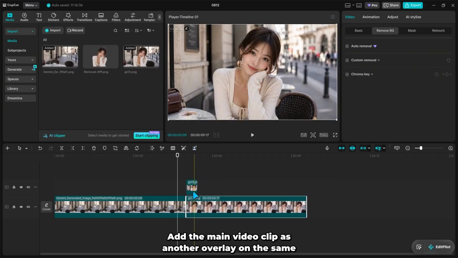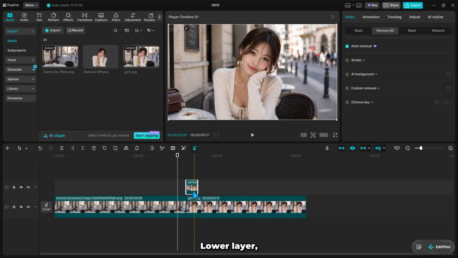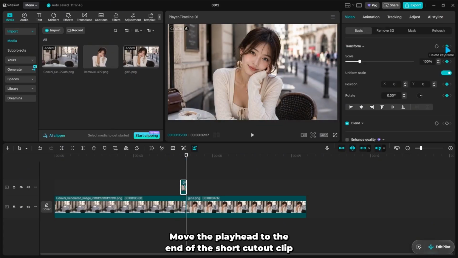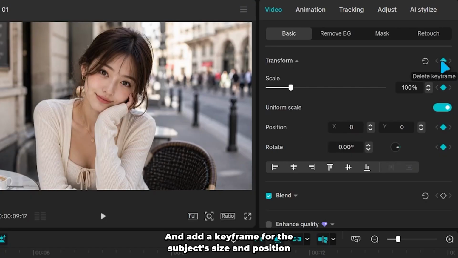Add the main video clip as another overlay on the same lower layer, keeping the footage aligned with the original scene. Trim the cutout freeze frame so it lasts approximately 0.2 to 0.3 seconds, creating a very short section for the teleport animation. Move the playhead to the end of the short cutout clip and add a keyframe for the